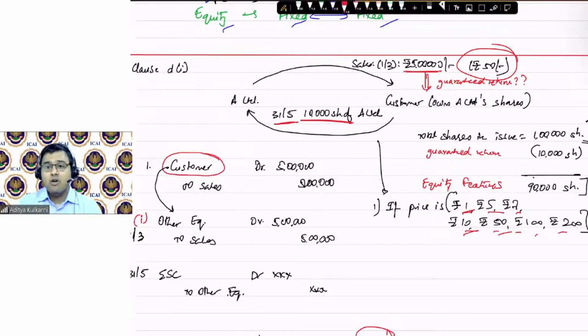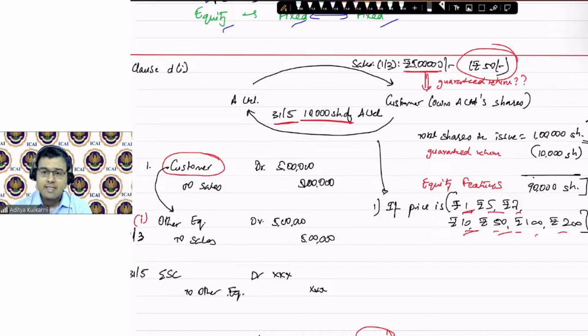And therefore, who is having the risk? Do you think A Limited has a risk of 5 lakhs or now the customer has a risk? Because earlier, in case 1, what was the scenario? Customer was guaranteed 5 lakhs. But now the customer is not guaranteed 5 lakhs. Customer is dependent on the movement in the prices. That means, can I say that customer is now having equity features? He will also feel the pain when the price drops, and he will also feel the gain when the price rises.